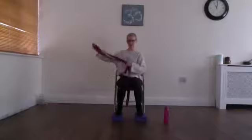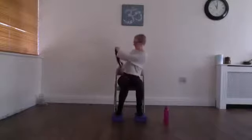yoga belt, or if you have something like a neck scarf or a necktie. The belt of a dressing gown, anything like that will do the job for you. And you just want to make sure that you're nice and comfortable. You want to make sure that you're in a room that's warm enough so that you don't get a little bit chilly later on, because the class that we're going to do this morning is the